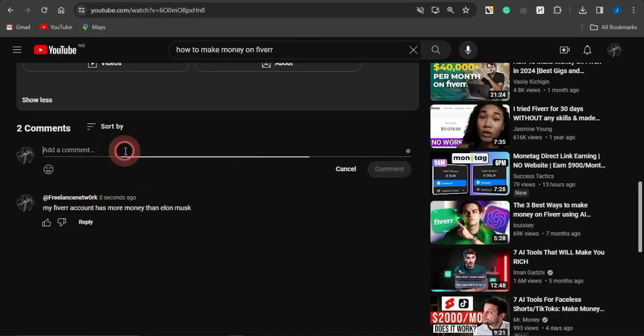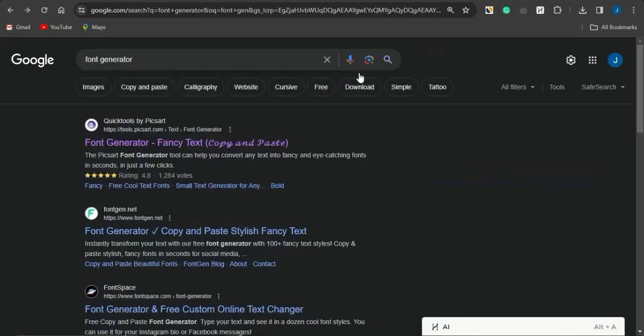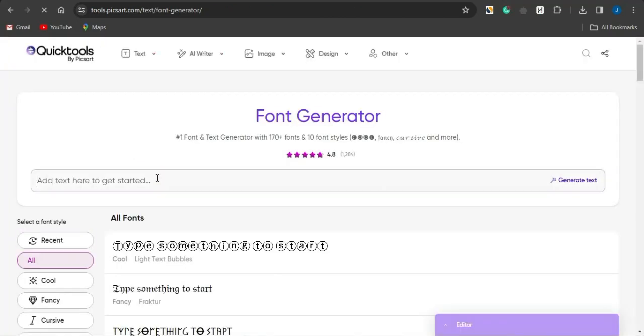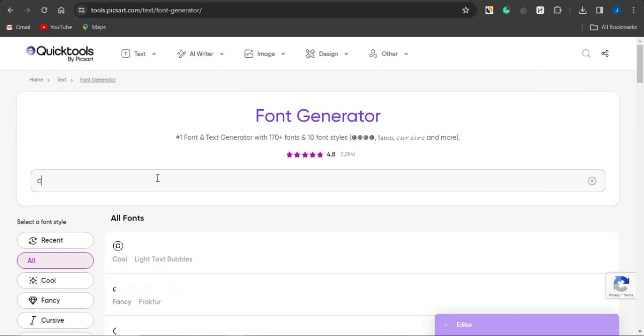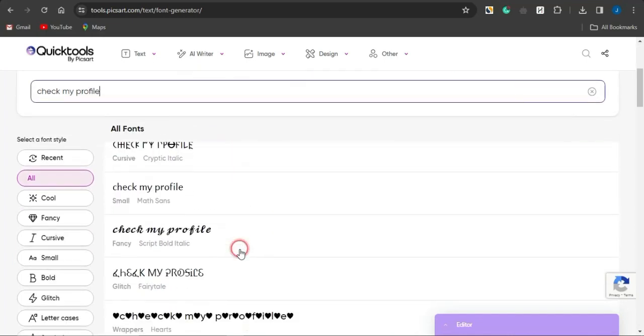Once I put in something like this, what I could do next is to head on to Google and search for font generator. You can see the first option, which says Quick Tools by PixArt. Select that option right now. The page is going to load up. What I'm going to do is type in something like check my bio or check my profile. So if I select this check my profile option, I'm going to scroll through,